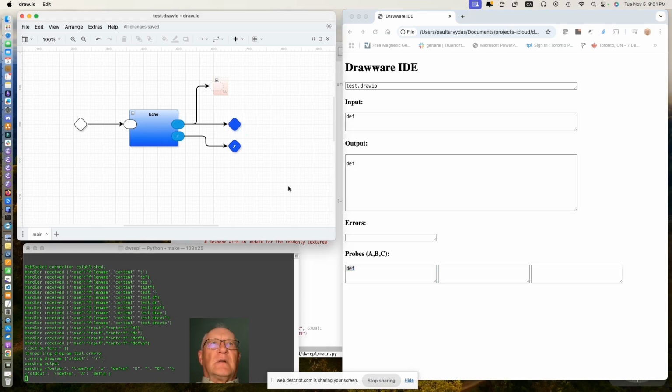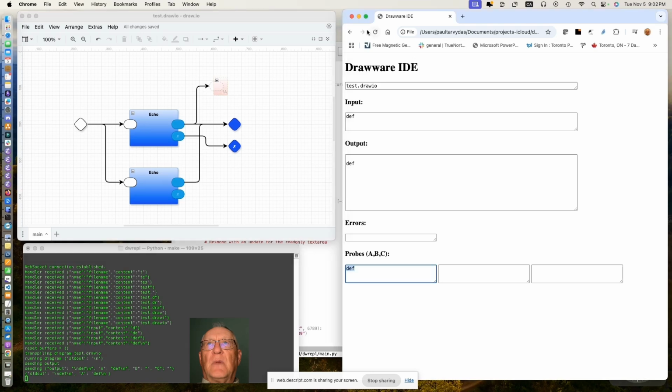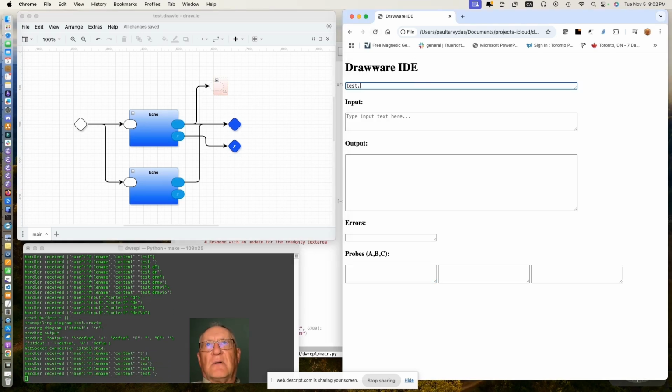Now, let's see if we can just do something silly. We'll just add another echo component here. We'll wire it up. And we'll wire that up there with no probes. And then we'll start again. So we do test.drawio, DEF